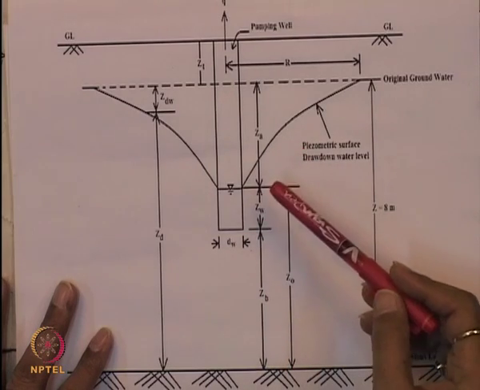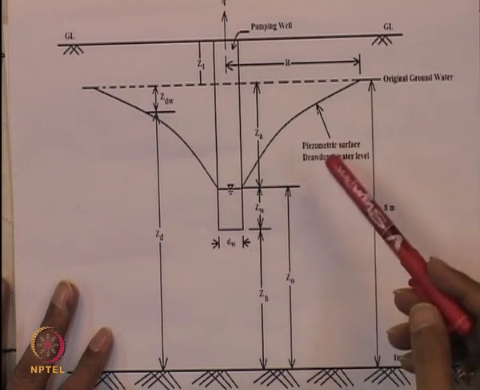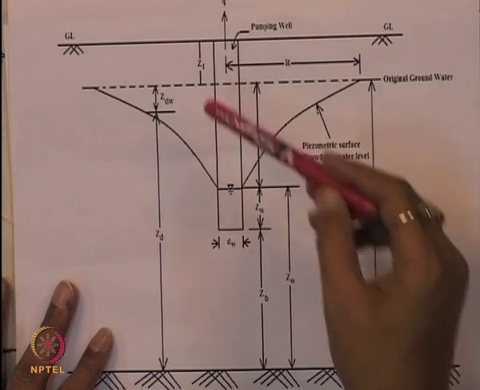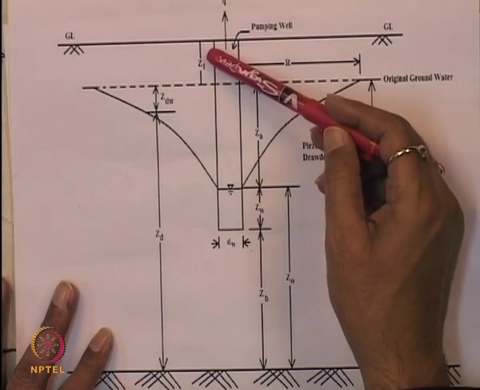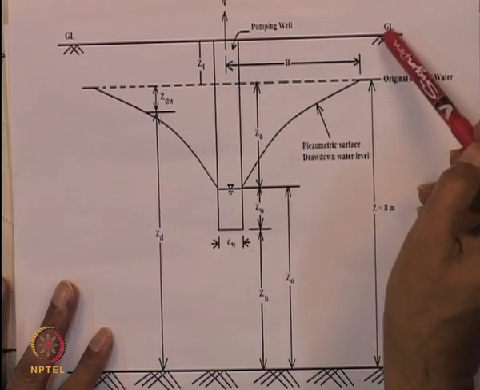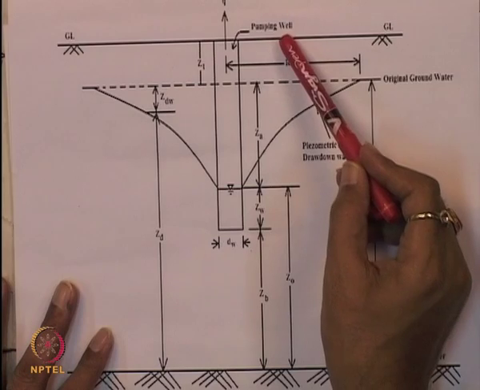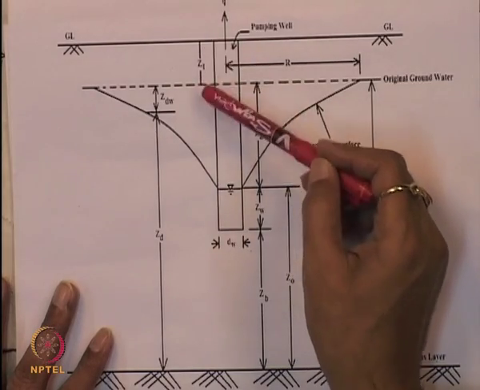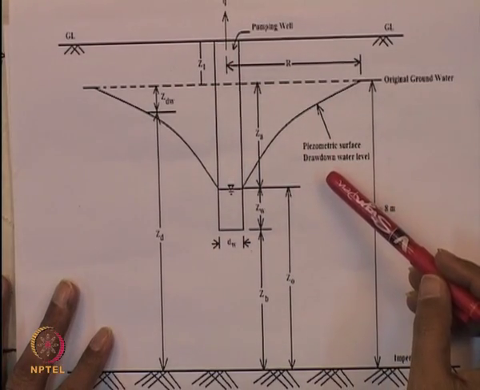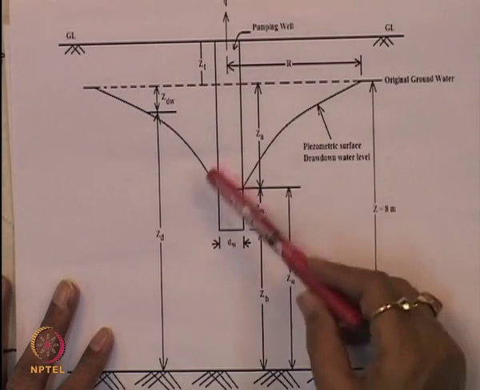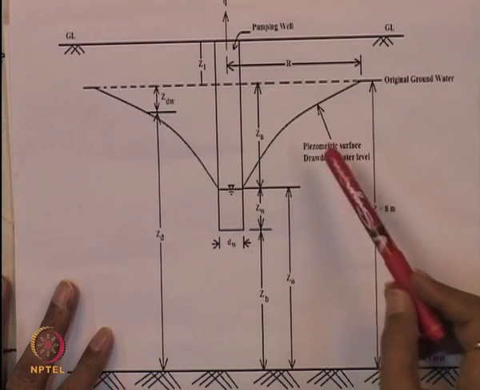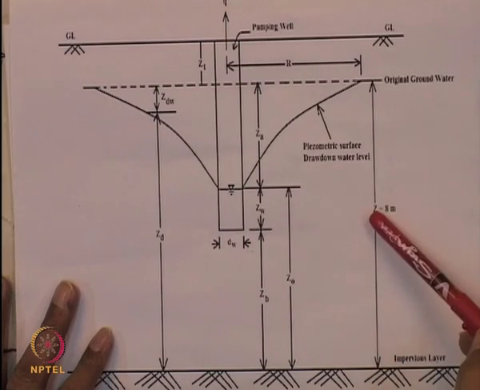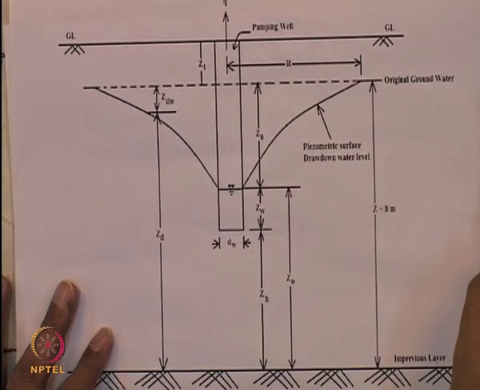and I is the slope of the drain, and let us say that K is the coefficient of permeability of the soil. ZT is the distance of the original groundwater level from the ground surface, this is Z2. So you know that in this figure, what is ZD, DW, ZW, ZB, Z0, Z, R and ZT,